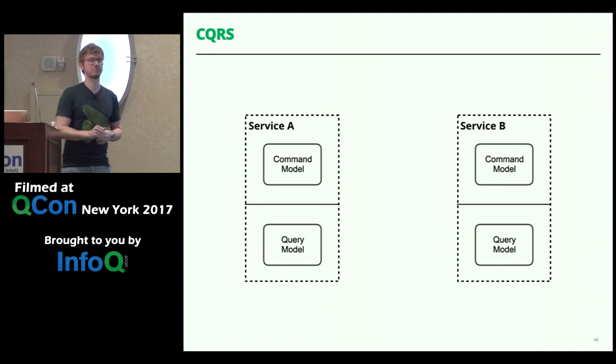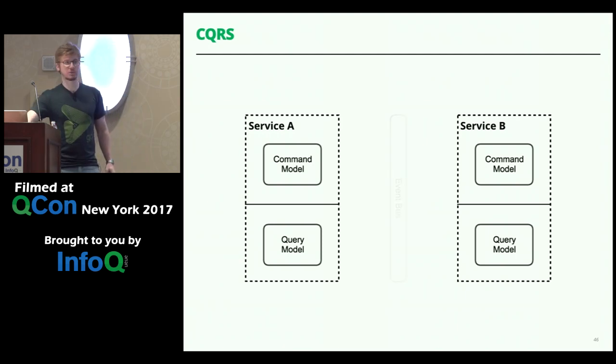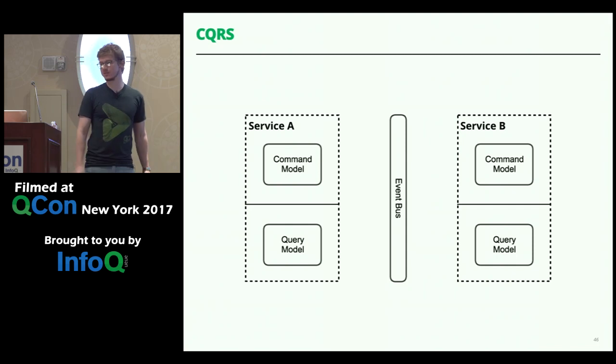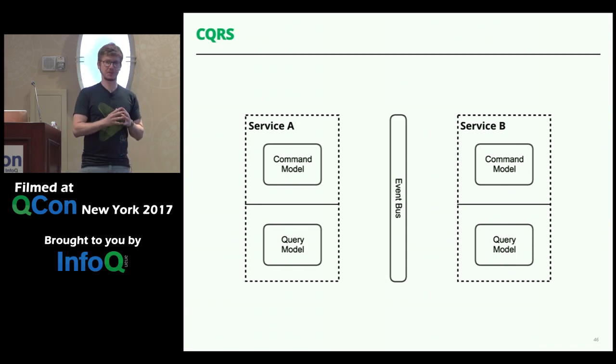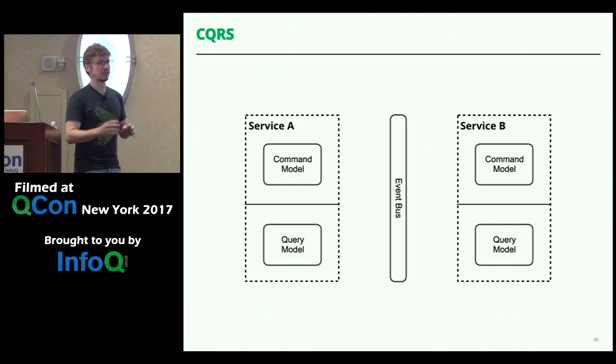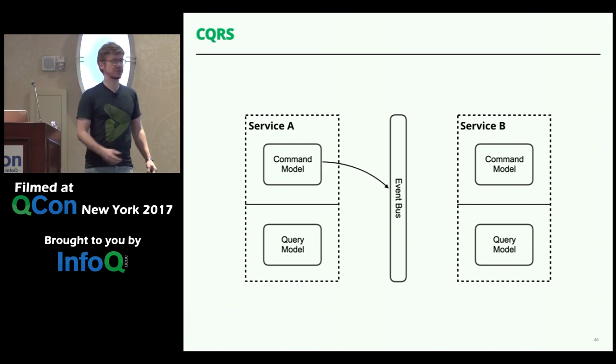All right, how do applications communicate when they are CQRS applications? The short answer is that they don't communicate directly anymore. They do that through the event bus. So two interesting things will happen here. Let's say that service B depends on data in service A. Whenever service A publishes an event to the bus,